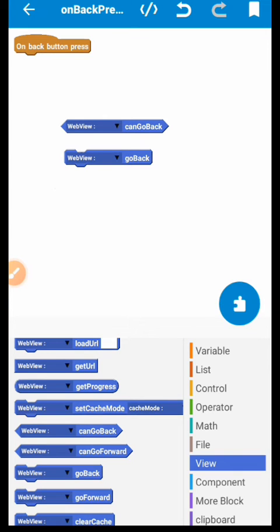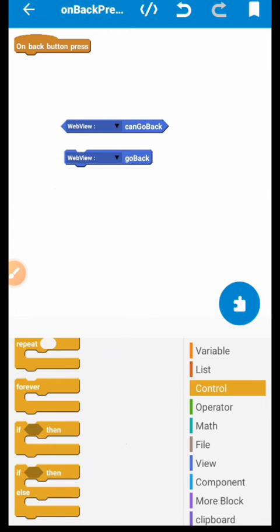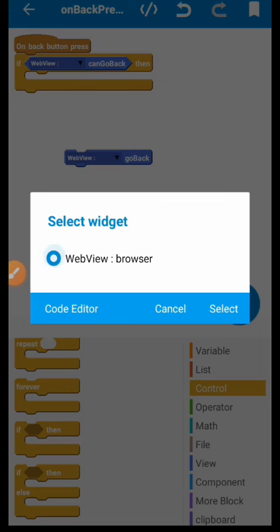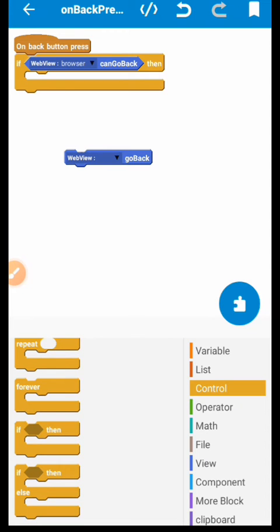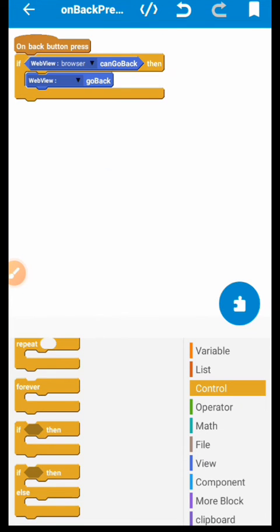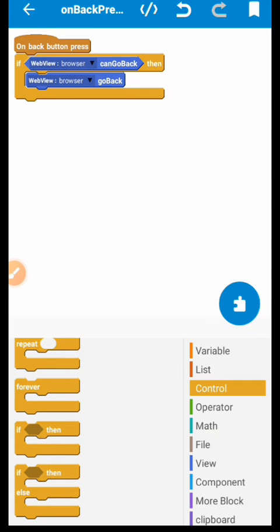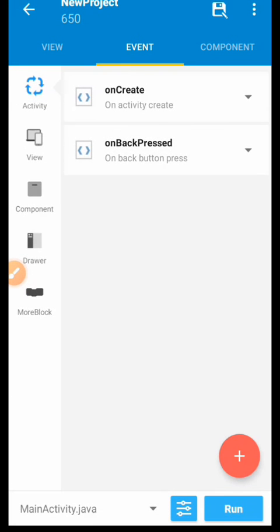Bring those two, then go to your control and bring if. Say if web view can go back, that is whenever the user presses back. So if there is a page that has been visited before, then the web view will go backward. Okay, so that is what we mean by that. So we can go ahead and load that. That is the final thing I'm going to show you for this